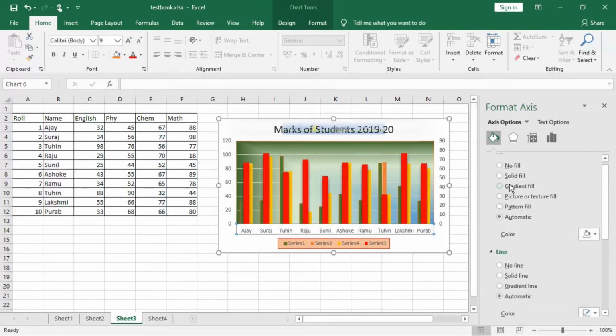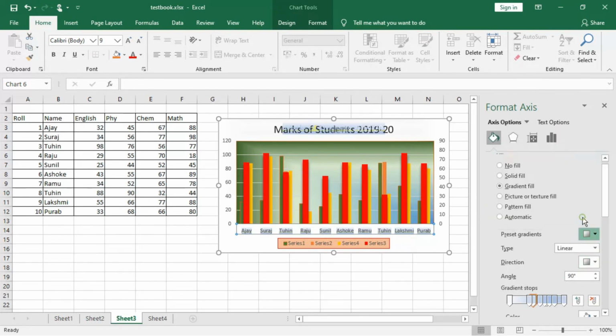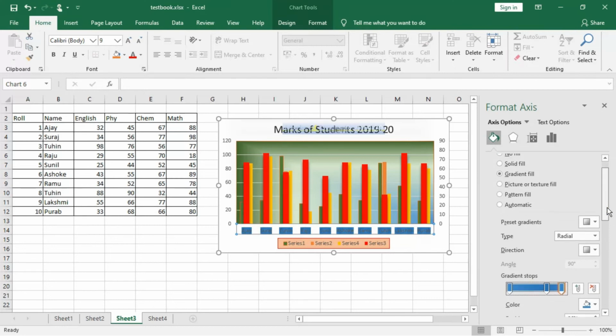Okay, the axis you can also change out here. If you want to do the gradient filling, it comes out here. All the things are the same, only you have to change the option by option, so it will give you the right thing. You have to select the right option for the right element. That is what is being displayed out here, you have seen how it has been changed.